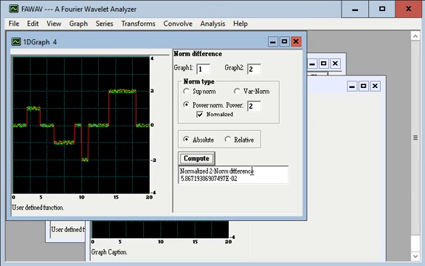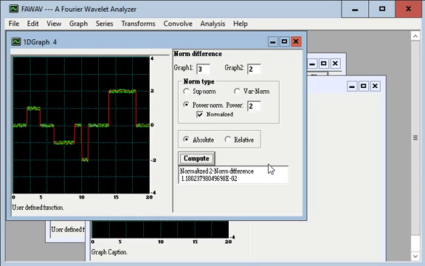Again, graph 1 and graph 2, about 0.0587. Right? But now comparing graph 2 with the denoised signal,